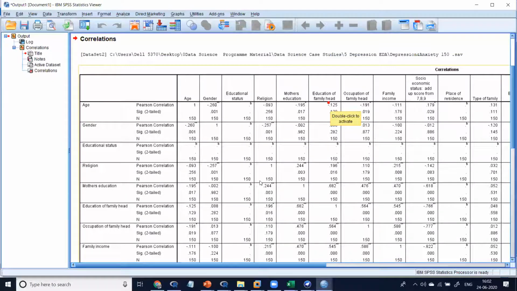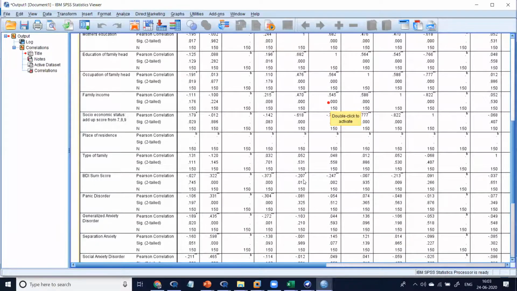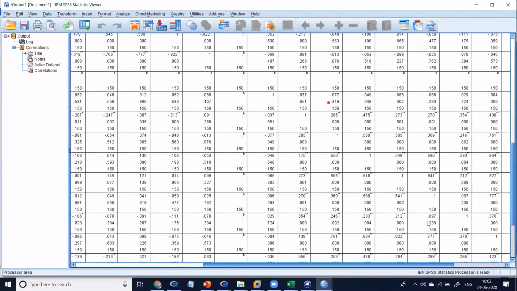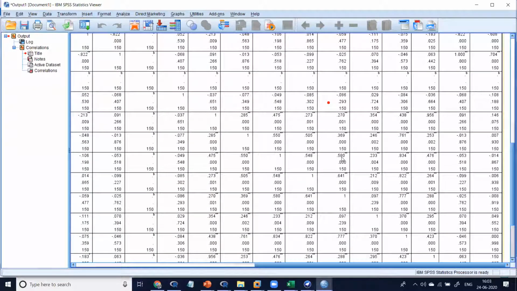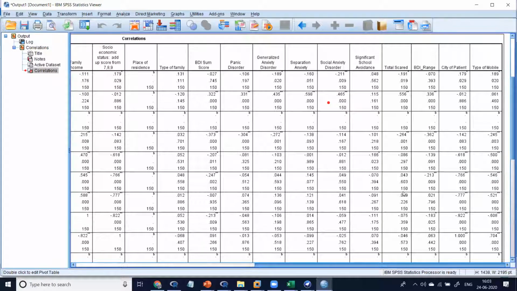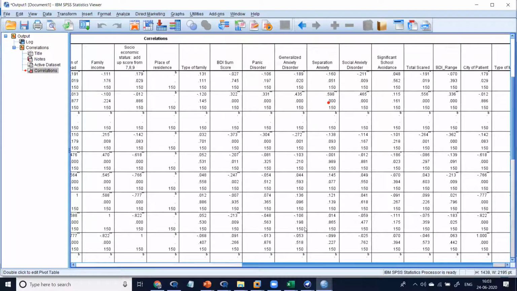Too much correlation. You see now, in this case, 58%, 58 is there. For whom? Social anxiety and social anxiety, this one. There is 58, 58, 58.